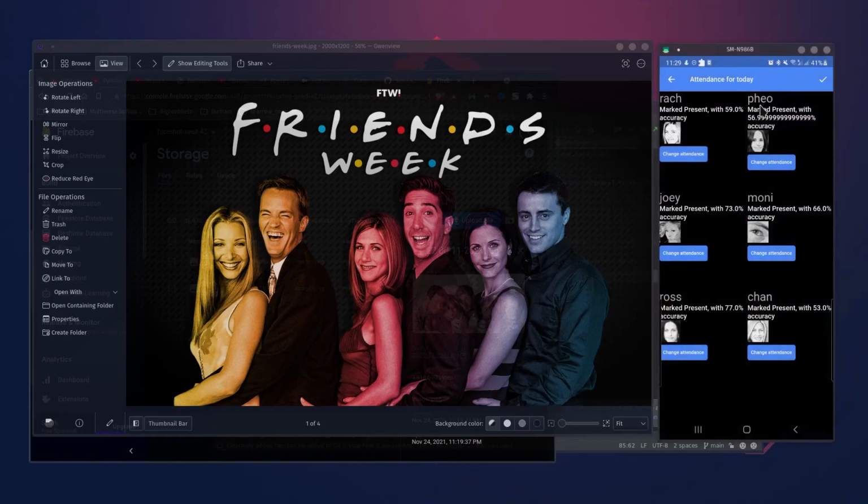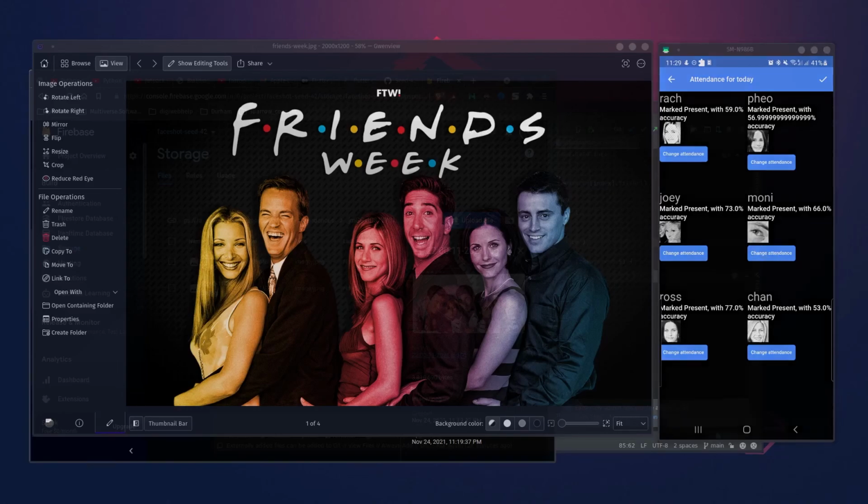And double checking the results, each and every character of the Friends has got a perfect hit. Again, there are caching issues with the Flutter framework in the images, but the attendance itself has been perfect.